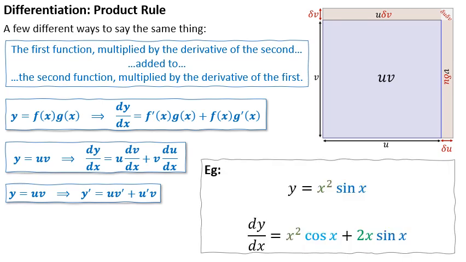We'll use our x squared and our sine x that we were talking about before. You'll notice the x squared appears in its undifferentiated form here, but then in the other term it appears in its differentiated form. And similarly, sine appears undifferentiated here, and it appears differentiated here. We write one function down, multiply it by the derivative of the second, and then write the other function down, multiply it by the derivative of the first,